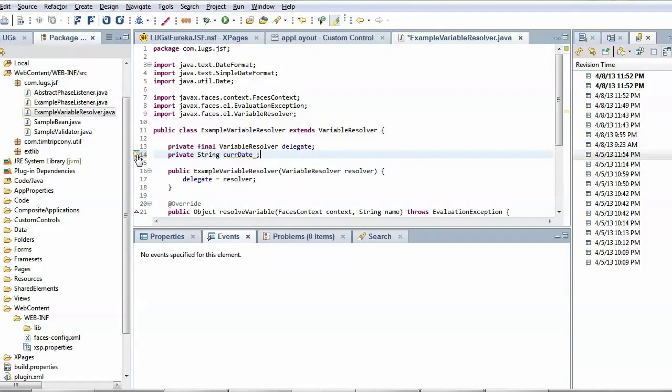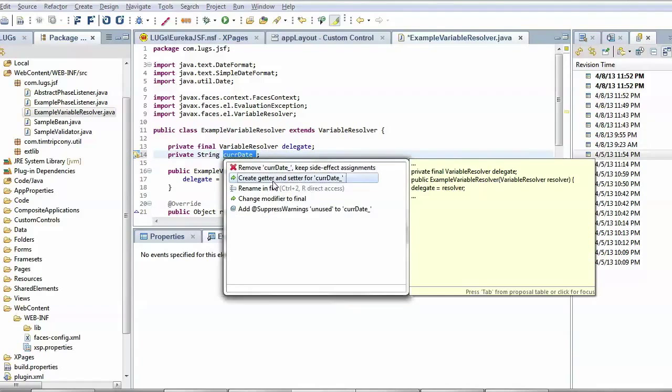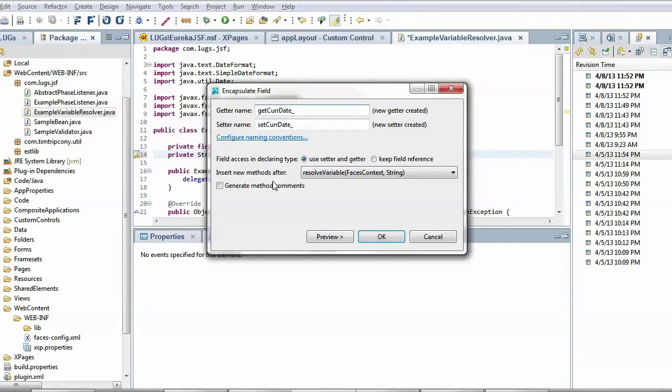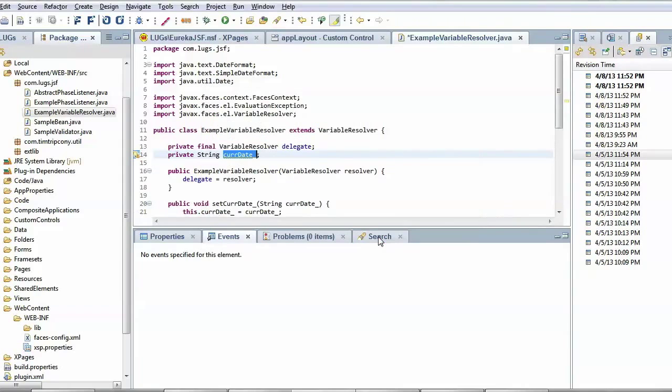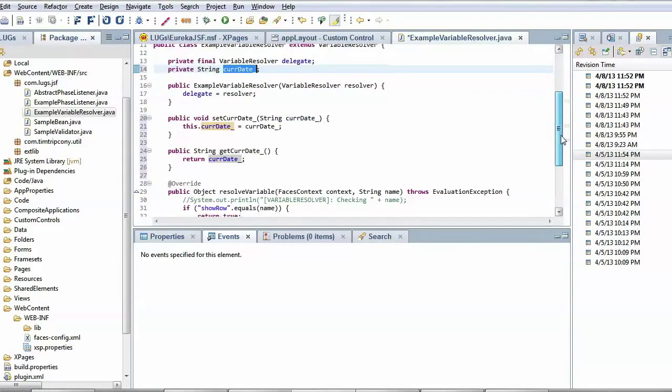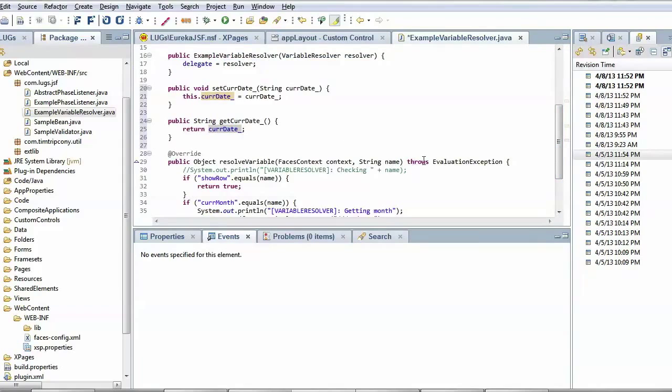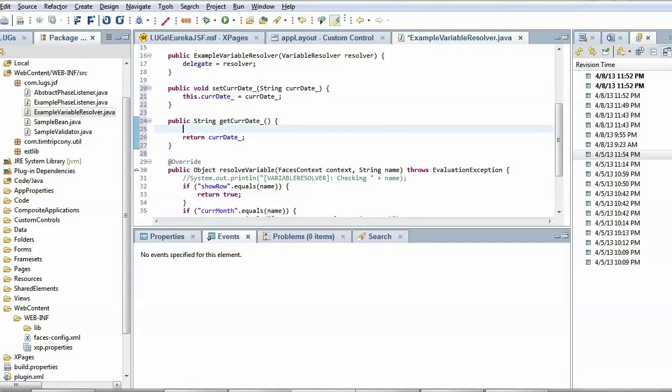And this is again where Java helps. We can create the getters and setters automatically. So we'll stick it after the example variable resolver bit. So it's added it in here. We'll in the get, we'll just do a check if current date underscore equals null, if null equals current date,